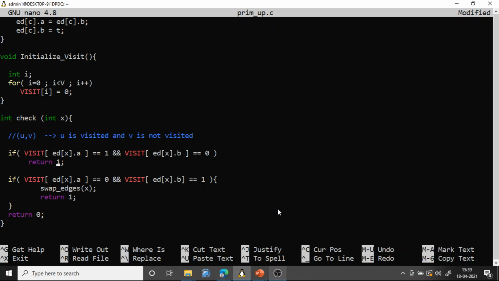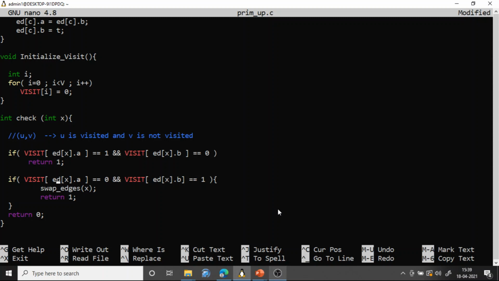Okay. Otherwise, suppose if you find this type of edge where starting vertex is not visited and ending vertex is visited, so that is also fine. Okay, because we are talking about an undirected graph. So in that case, what we do, we swap the edges.